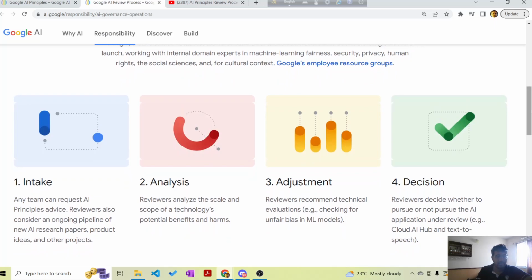Your enterprise or your business can also come up with a similar AI review process, like a central AI team who is in charge of all of the AI assets that the application is building, whether it's InfoSec certified, whether it is aligned with the AI principles and all of that.